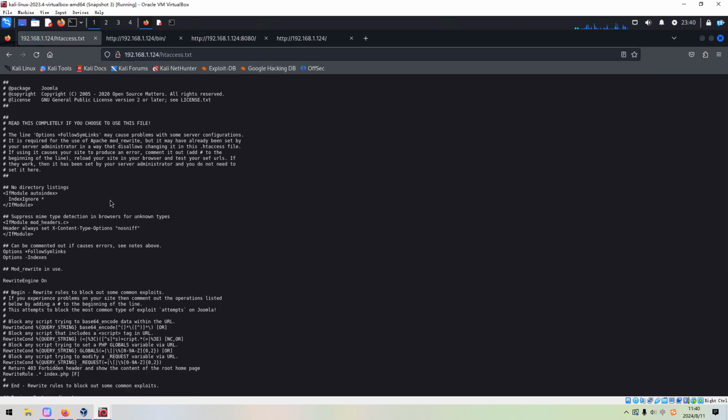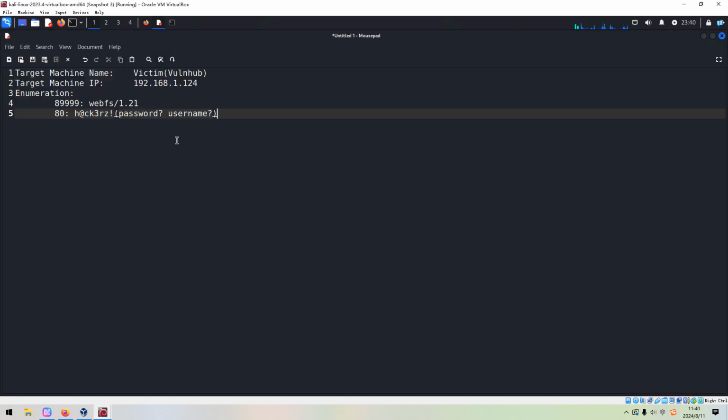Although we cannot see such information, we can get maybe this should be the CMS. We can copy. So this should be the robots file.